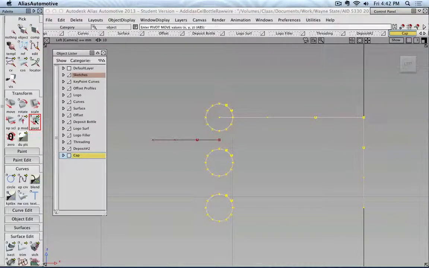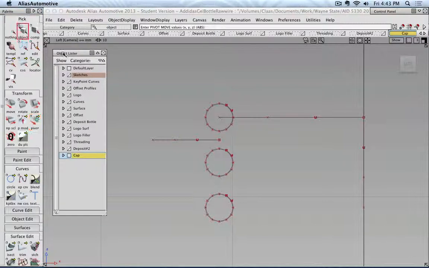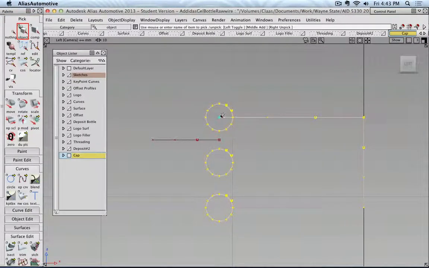And by grouping them together, I can reassign a new pivot point. So go to the pivot point tool, and then control click and snap it to the beginning of, for example, the string. So that is good,